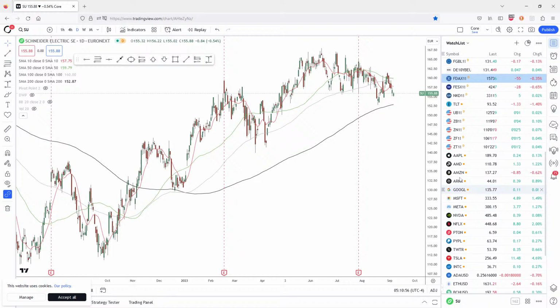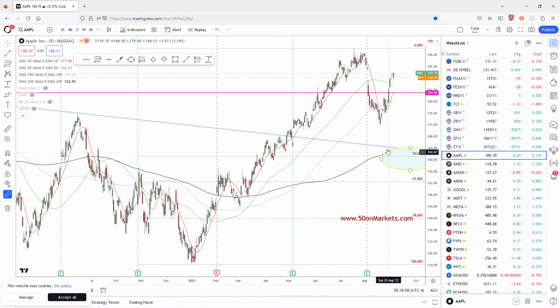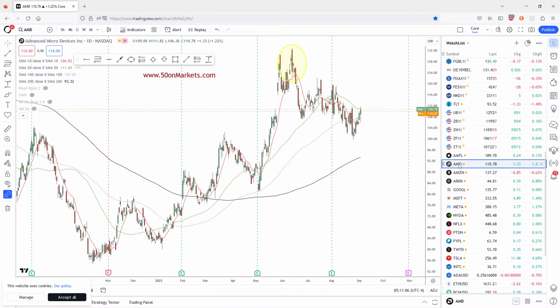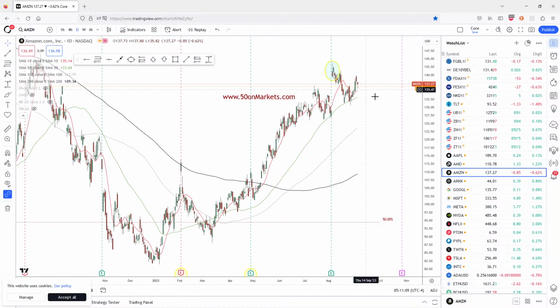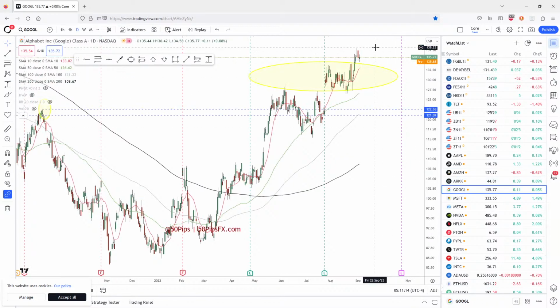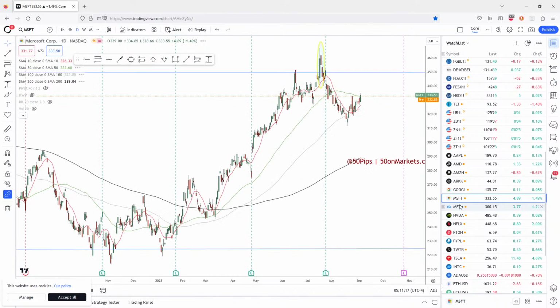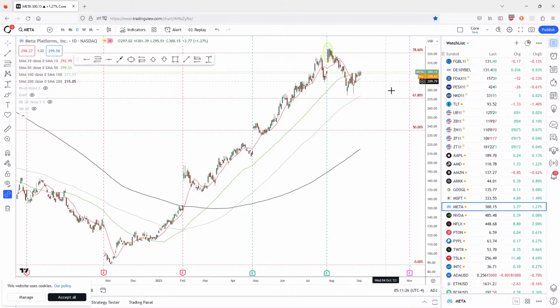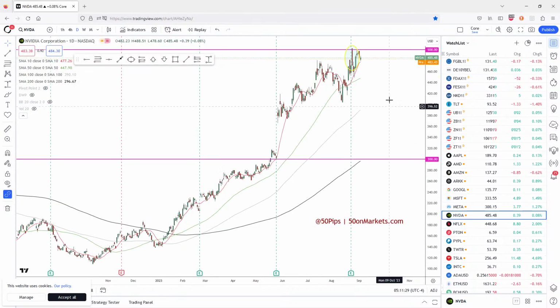Yeah, maybe we can look quickly at some of the tech stocks, right? So what you see how they're coming back, like for example, Apple, to try and fill this gap here. AMD still heavy, Amazon still off those highs, ARK still heavy, Google off those highs but bid. Microsoft still stalling. Remember, Microsoft's still holding this very ugly reversal here, right? Facebook stuck. So really what you want to see is NVIDIA still hasn't managed to take out that 500 yet.